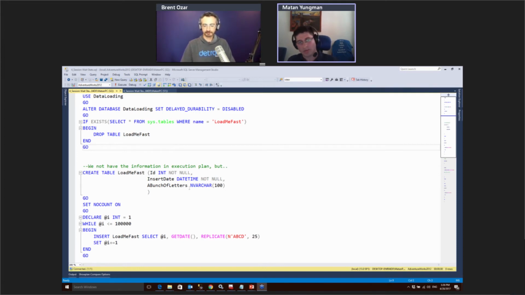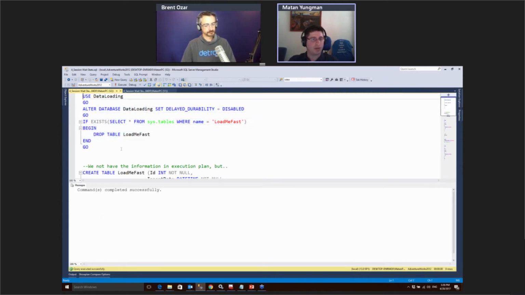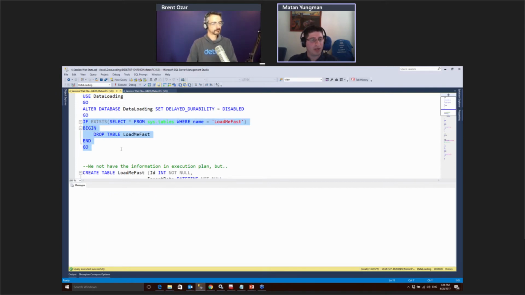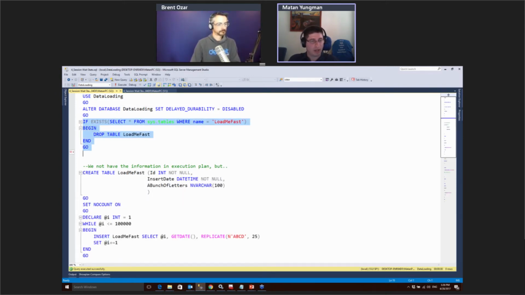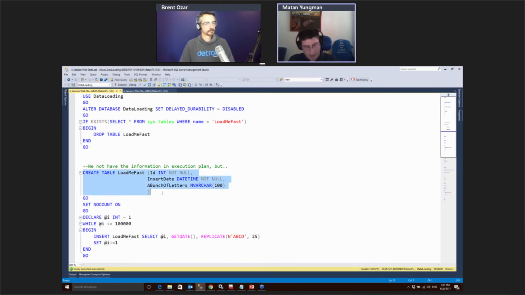If you go to an execution plan, you will see at the right at the bottom the top 5 wait stats, I believe, in the plan. So this is very, very good in many cases. I will show a case where we need another approach for seeing that. So we will make sure we use a database called data loading, and we will create a table called load me fast, and